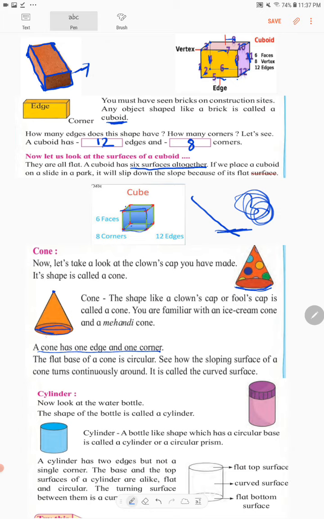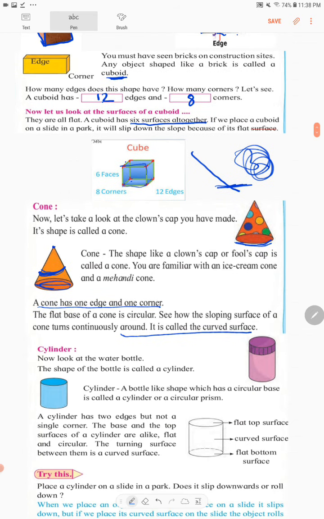If I put this part on a slide, this part is curved. It is curved, and if I put the curved surface on the slide, it will roll down. Now cylinder.